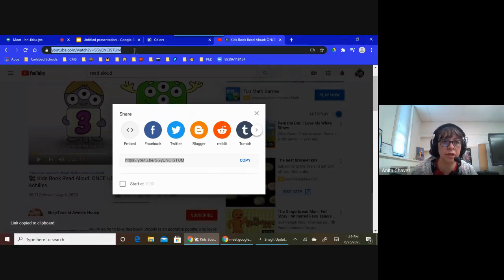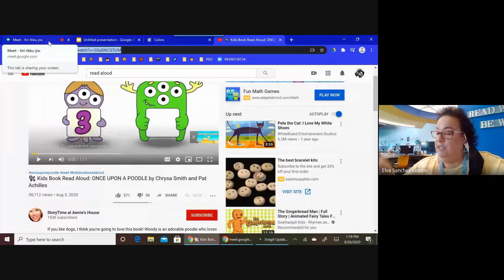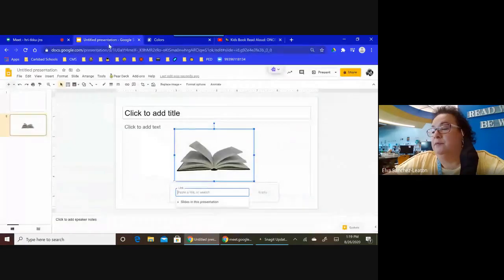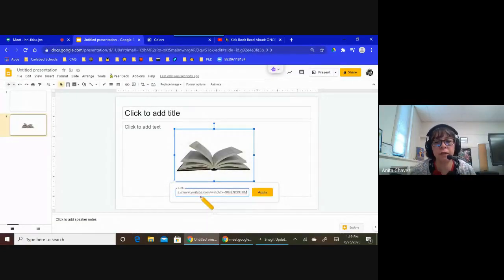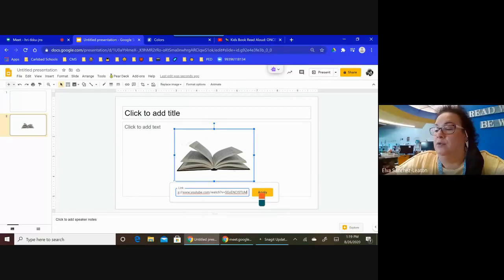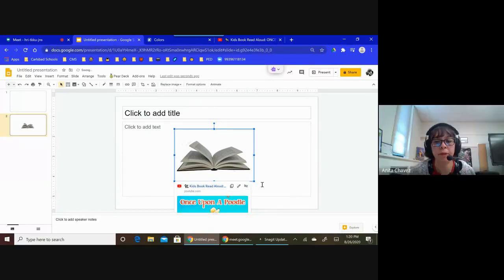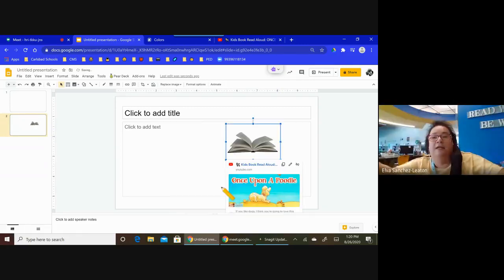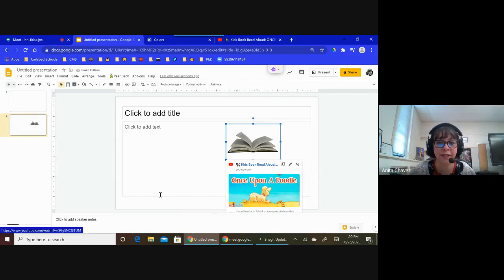Control C to copy. And then Control V to paste it in there. Then apply, and you can see that there's the story right there, Once Upon a Poodle. Cool. Because I'll get one or two steps and I'll forget the middle one. So there's your book, and it's attached to that story.